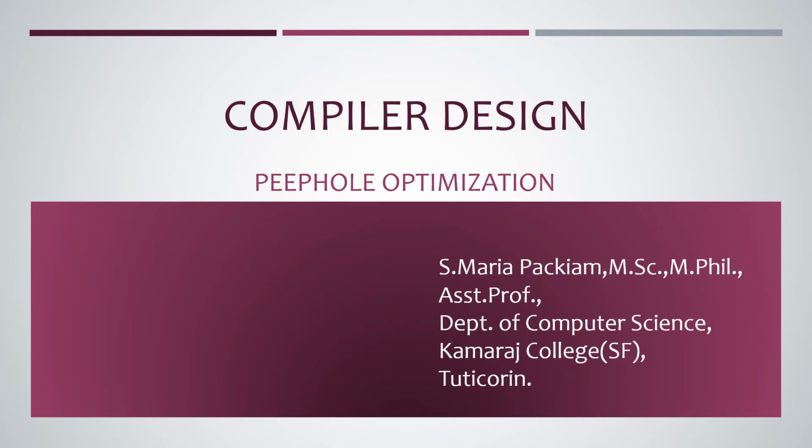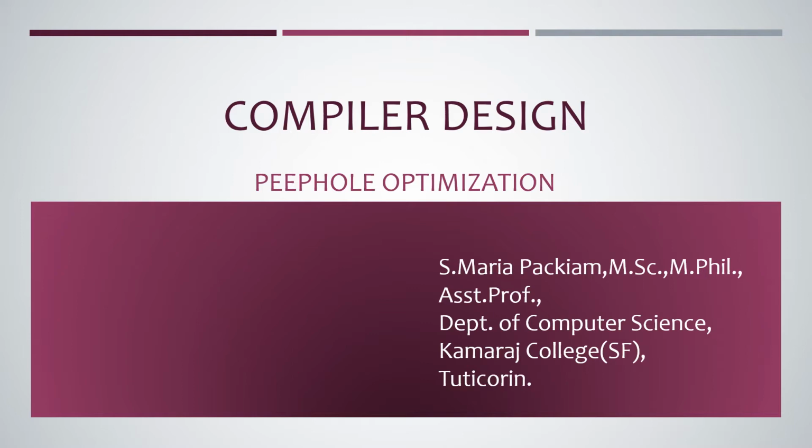Hi, I'm very glad to share with you one of the important concepts, peephole optimization in compiler design. There are 6 different phases in compiler design, and this concept comes under the last or the final phase, code generation. The responsibility of the code generation phase is to convert the intermediate representation of the source program to its object code. In order to improve the quality of such generated target code, we can apply optimization.